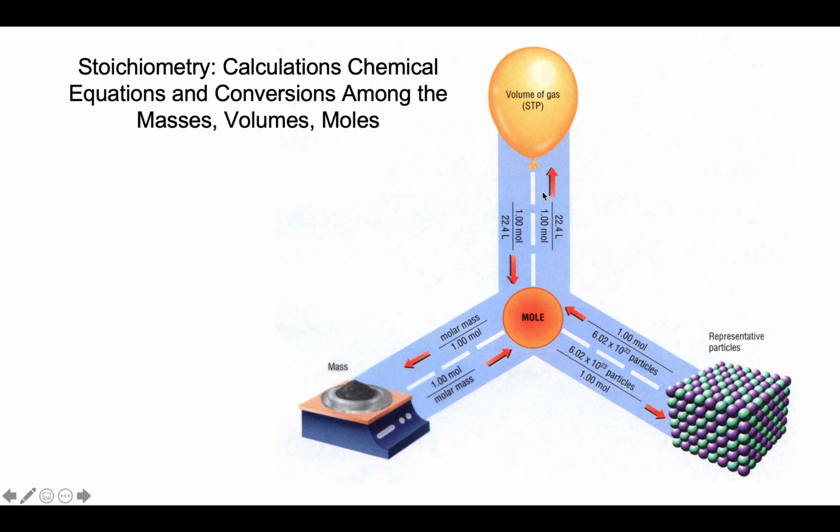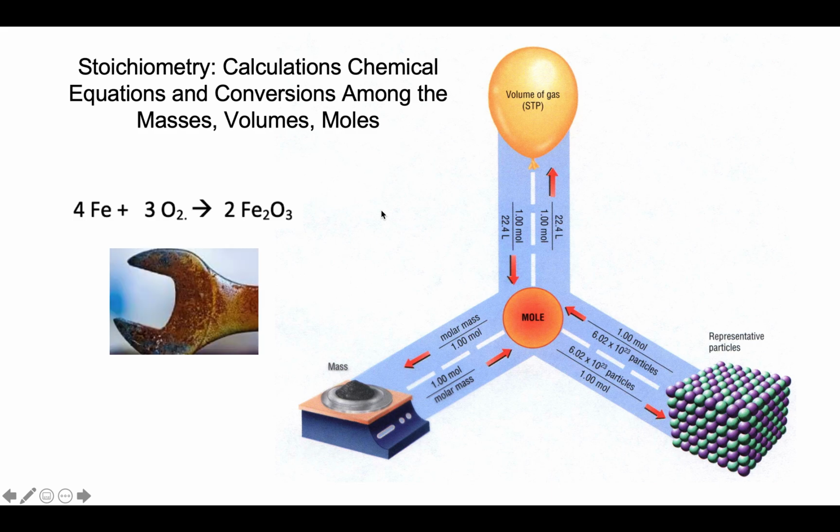If we have a gas at standard temperature and pressure, which is 0 degrees C and 1 atmosphere, then 1 mole of it always has a volume of 22.4 liters. So if we wanted to make that conversion in a question or a problem, that one is what we use in